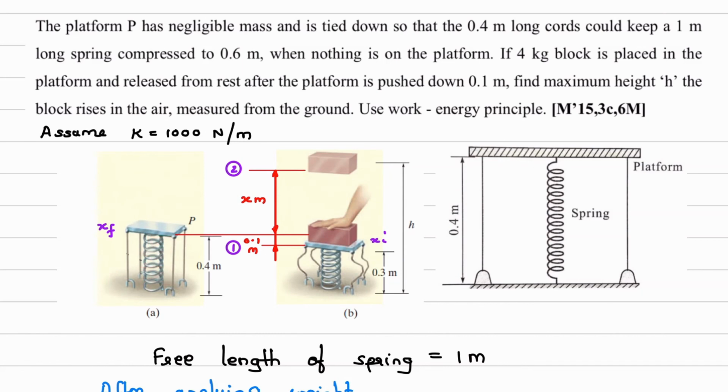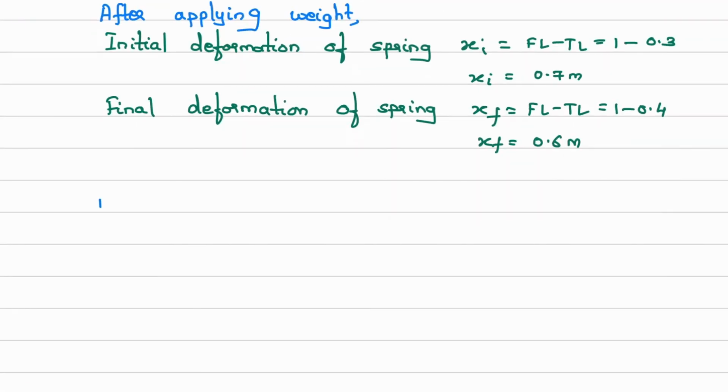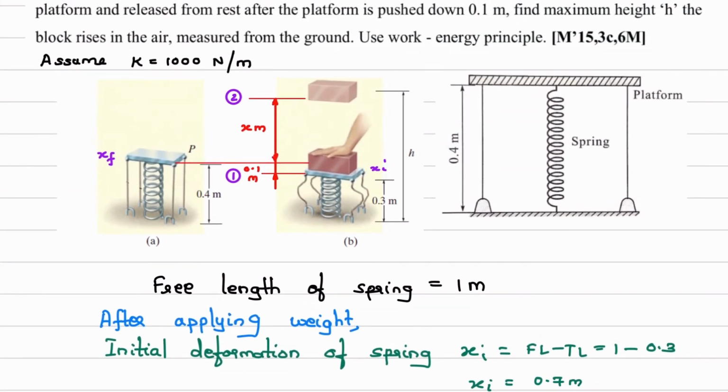Okay, so we have to apply now work energy principle. By work energy principle, what can I write down? What are the different forces here, because of which we are getting work? One is spring force. Second one is potential energy. Block travels from bottom to top. So here we have mg in downward direction and displacement is in upward direction. So this value of work done will be negative.